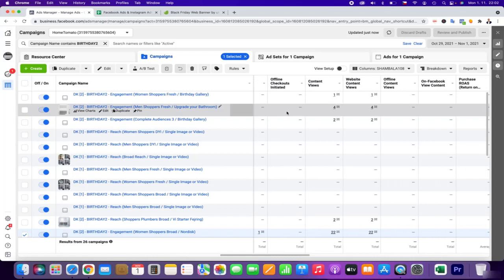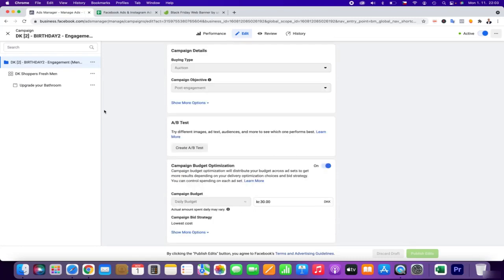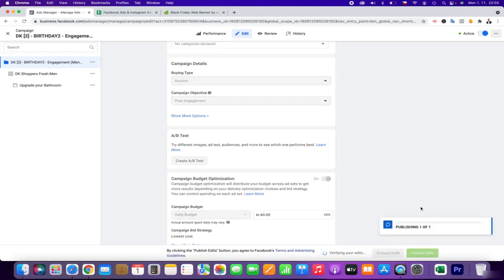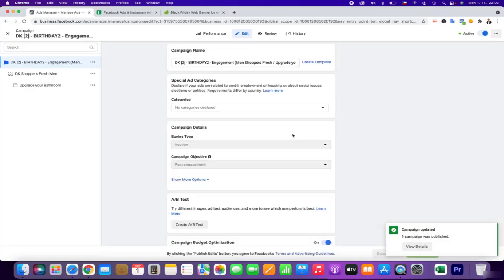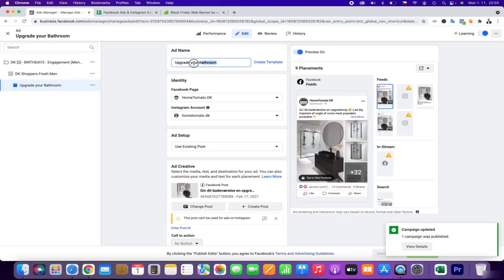I'm going to change this also to this gallery. So sometimes you discover something a little bit by testing. So I will improve the budget here because I think this is really great potential. And I will choose another gallery.